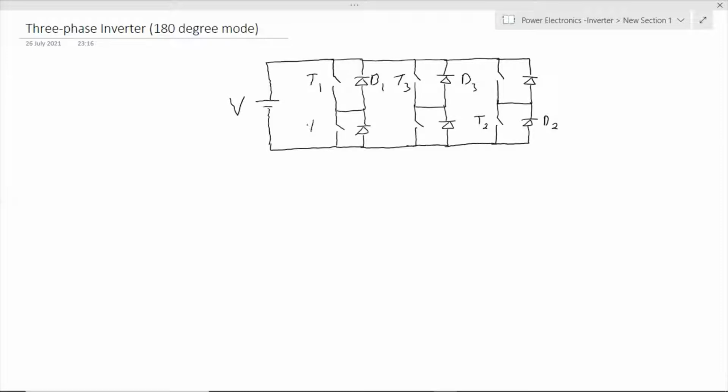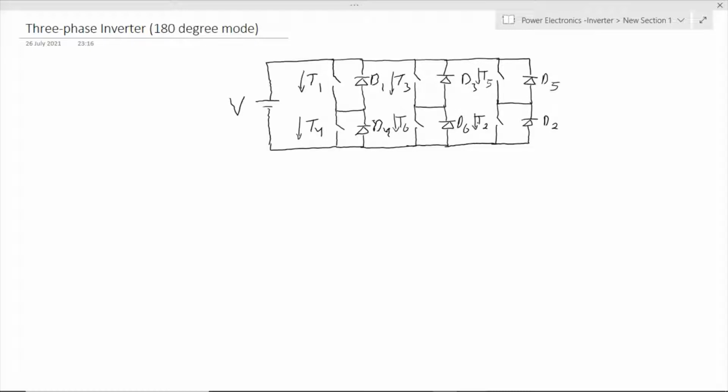This looks very odd, that I'm just giving the nomenclature of these thyristors without any order. But this is because of some reason. Okay, so this is T5, D5, and this is T6, D6. These are the switches, and all are unidirectional switches. So all the switches can conduct current in a single direction.